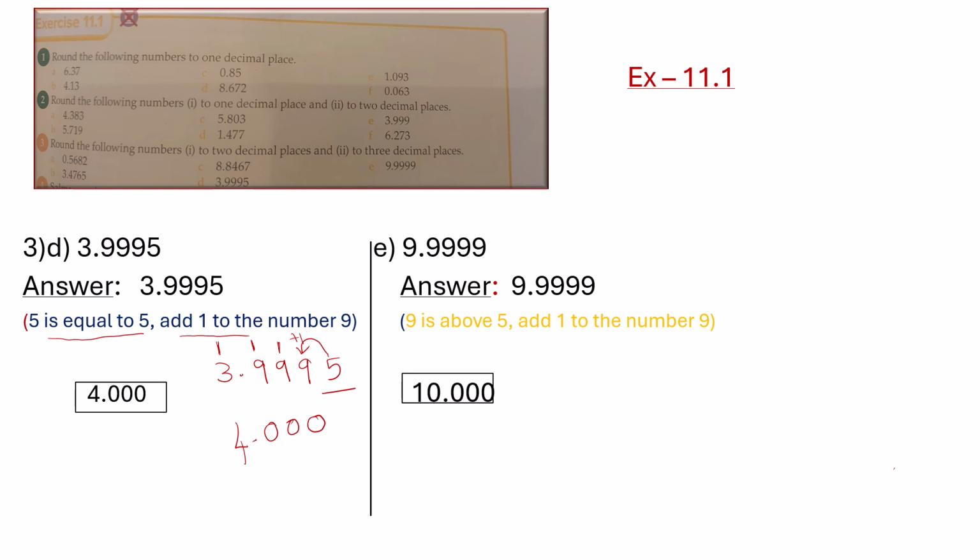E sum, 9.9999. We have to round off this number to 3 decimal places. Okay, the last digit is above 5. We have to add 1 to the previous number 9. 9 plus 1 is 10. So 0 alone we write here, and 1 will come here. Again 9 plus 1 is 10, and again 9 plus 1 is 10, each time writing 0 and carrying 1. So the final answer is